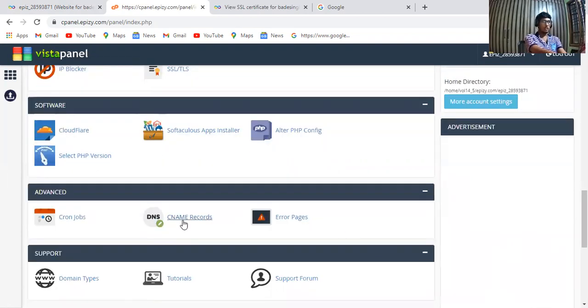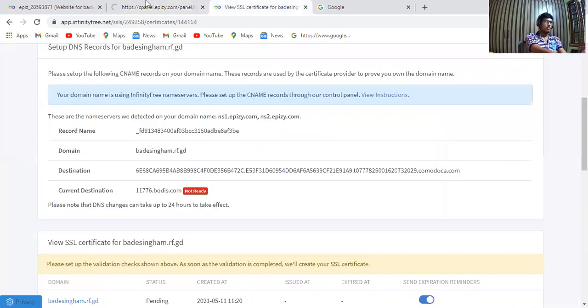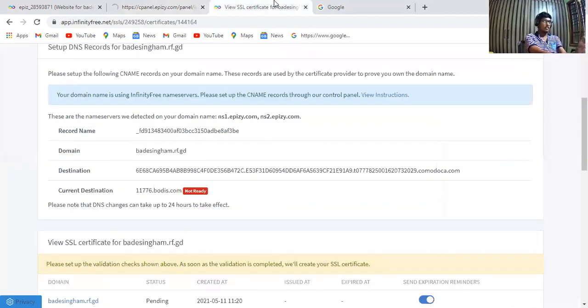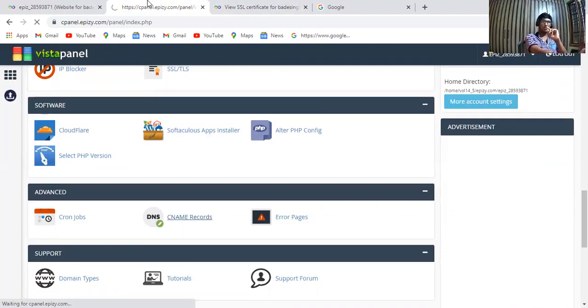You have to click on CNAME records, and after you have clicked it, the record name will be shown. You have to paste the record name and destination name, whatever you have created for the new domain.